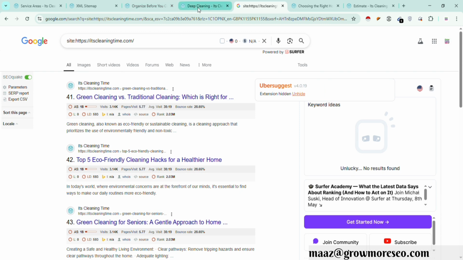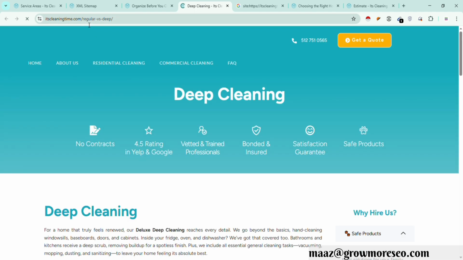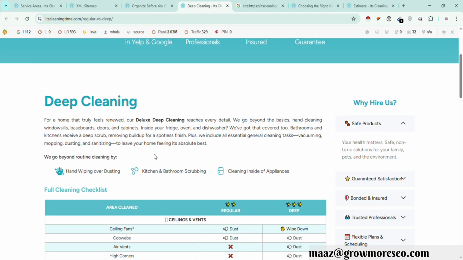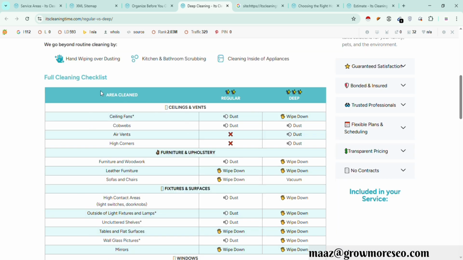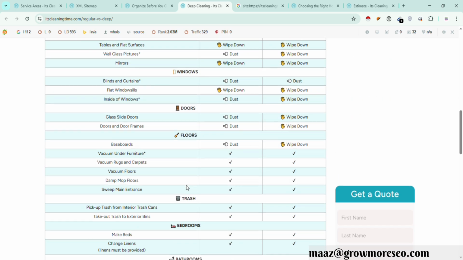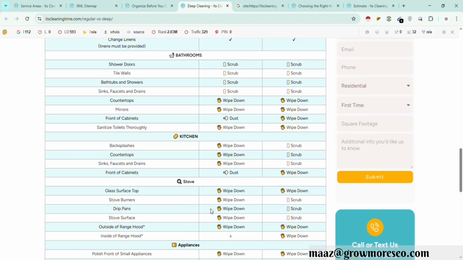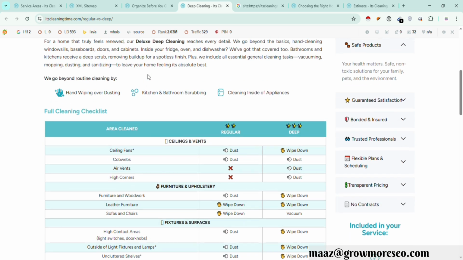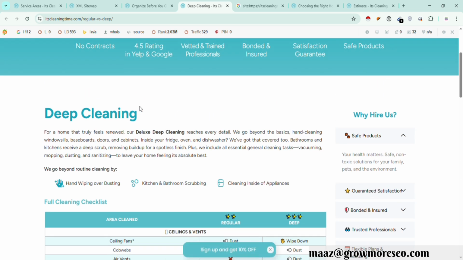So if we click on deep cleaning, the overall blog post can be good if there is a proper URL, like regular cleaning versus deep cleaning, and it should be a blog post with the details. But here the word count is low, and even if you give the checklist, it should be a downloadable checklist of what you do. Here you have given all the services, and you have 26 to 30 locations you are targeting, so each service area must have